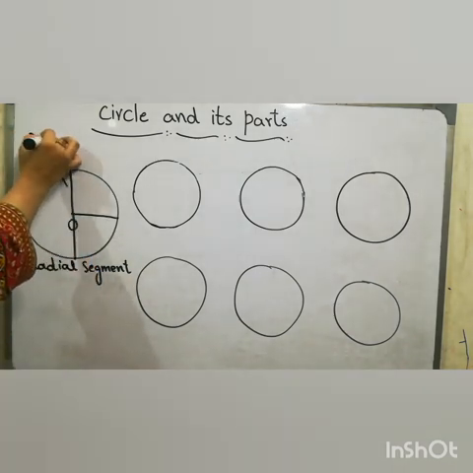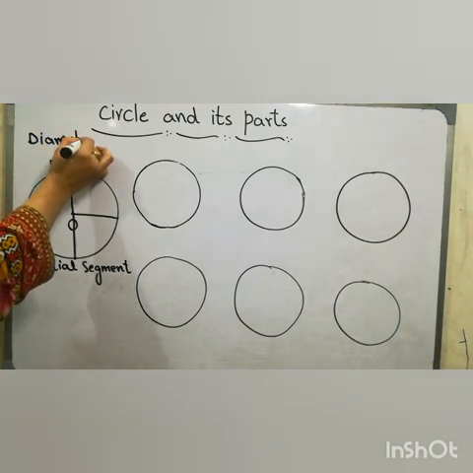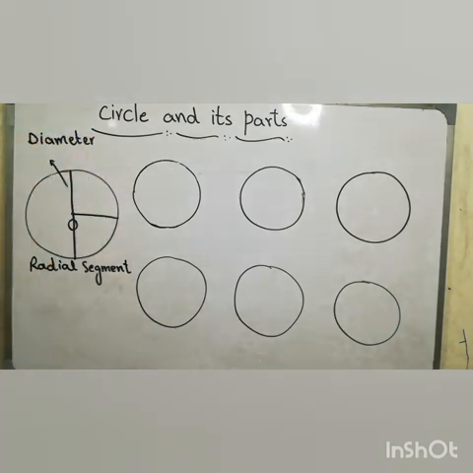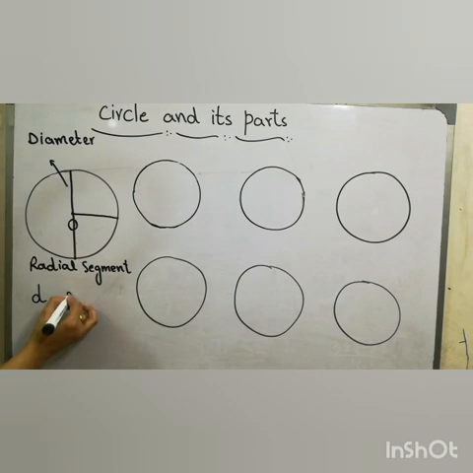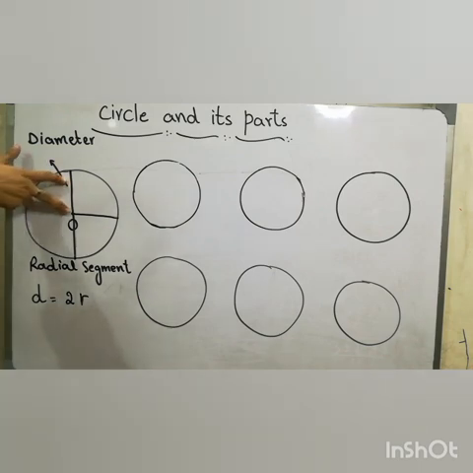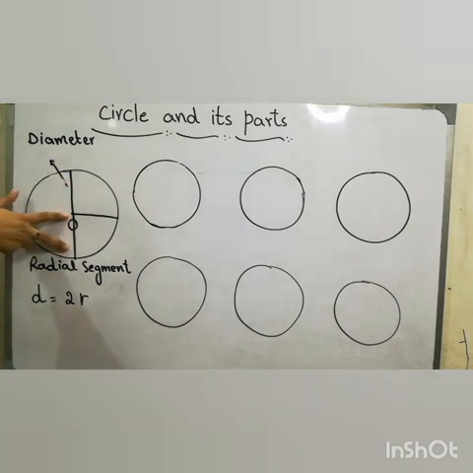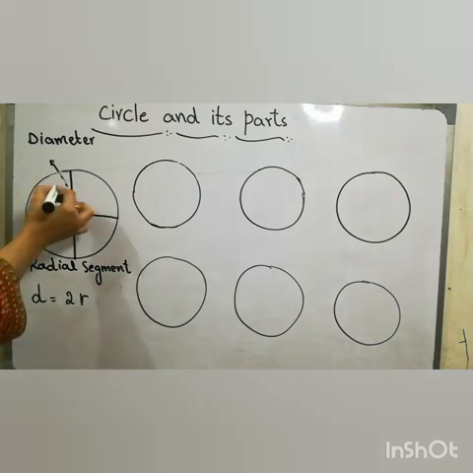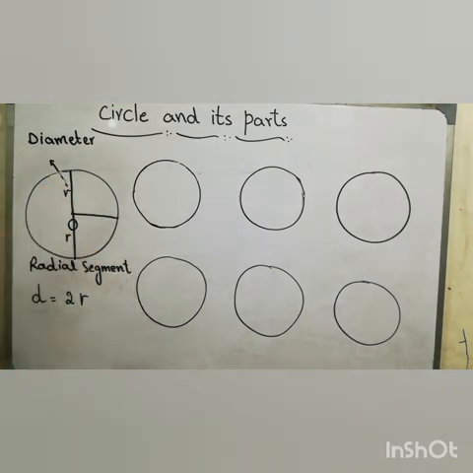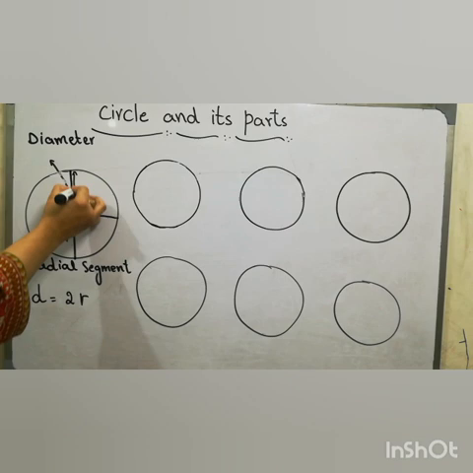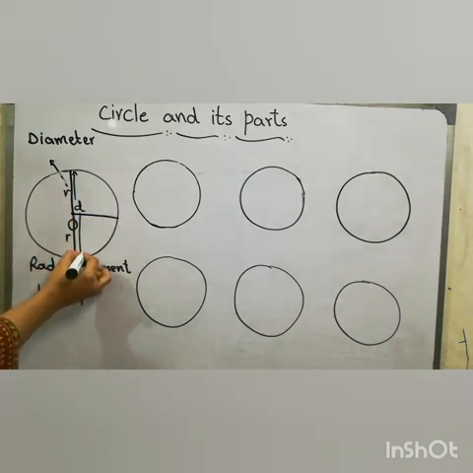What is this called? The diameter of the circle. Diameter is actually double the radius. If AB is the diameter, then this will be equal to 2 times radius, 2 multiplied by radius. If we join two radii like this, one radius is this, one radius is this, radius plus radius, this is 2 times radius. So both together become the diameter like this. This is called diameter.